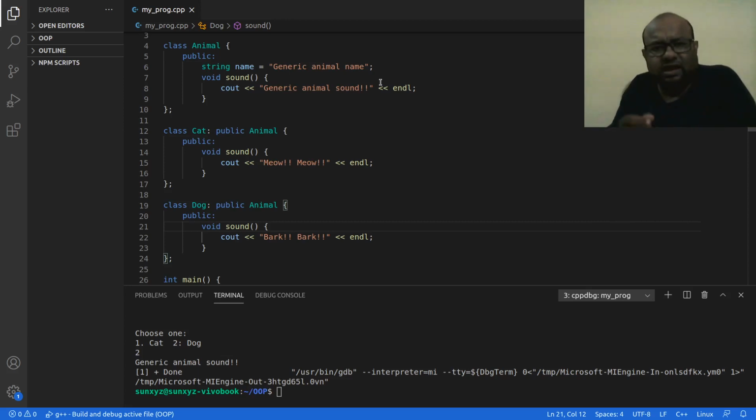Right now, think about this animal class pointer. It is a pointer of the animal class, so it is either going to point to a cat object or a dog object at some point of time, and then when I call a function, which function is it going to call? Is it going to call the sound of cat, or the sound defined in dog, or the sound that is already there in my animal class? So there is this confusion, right?